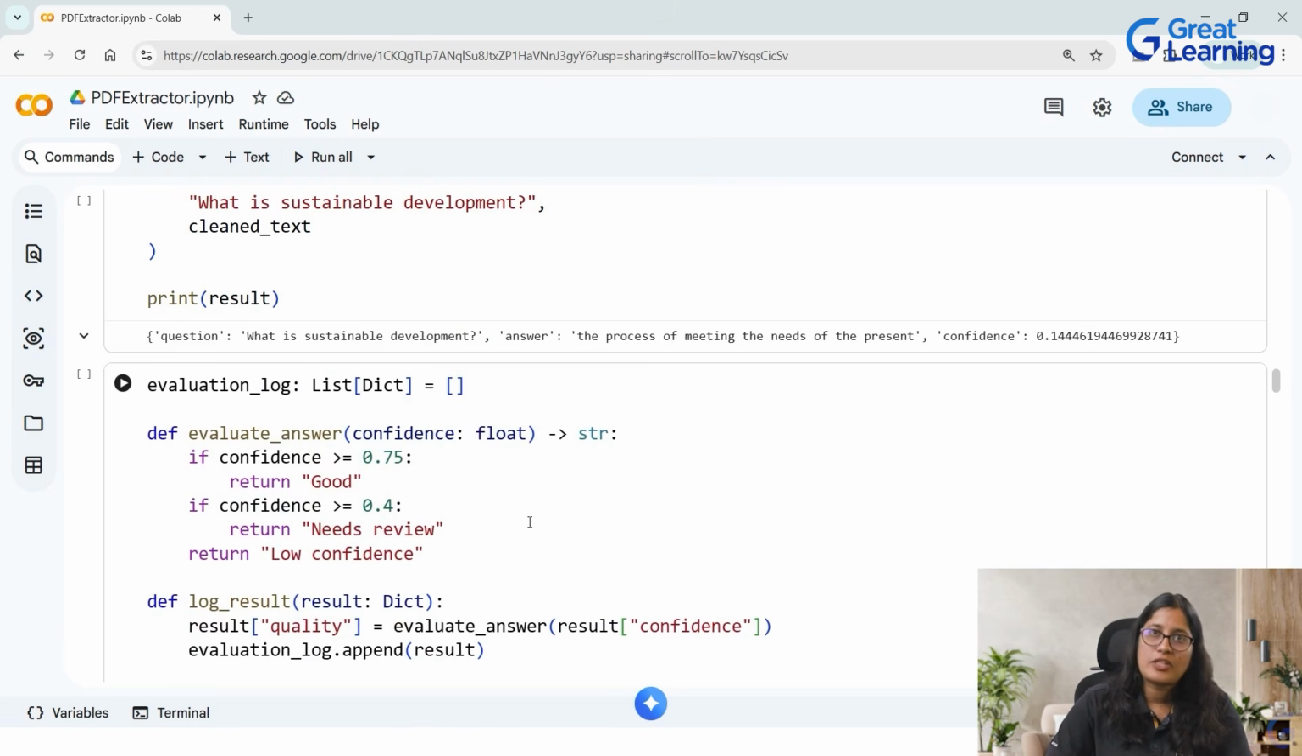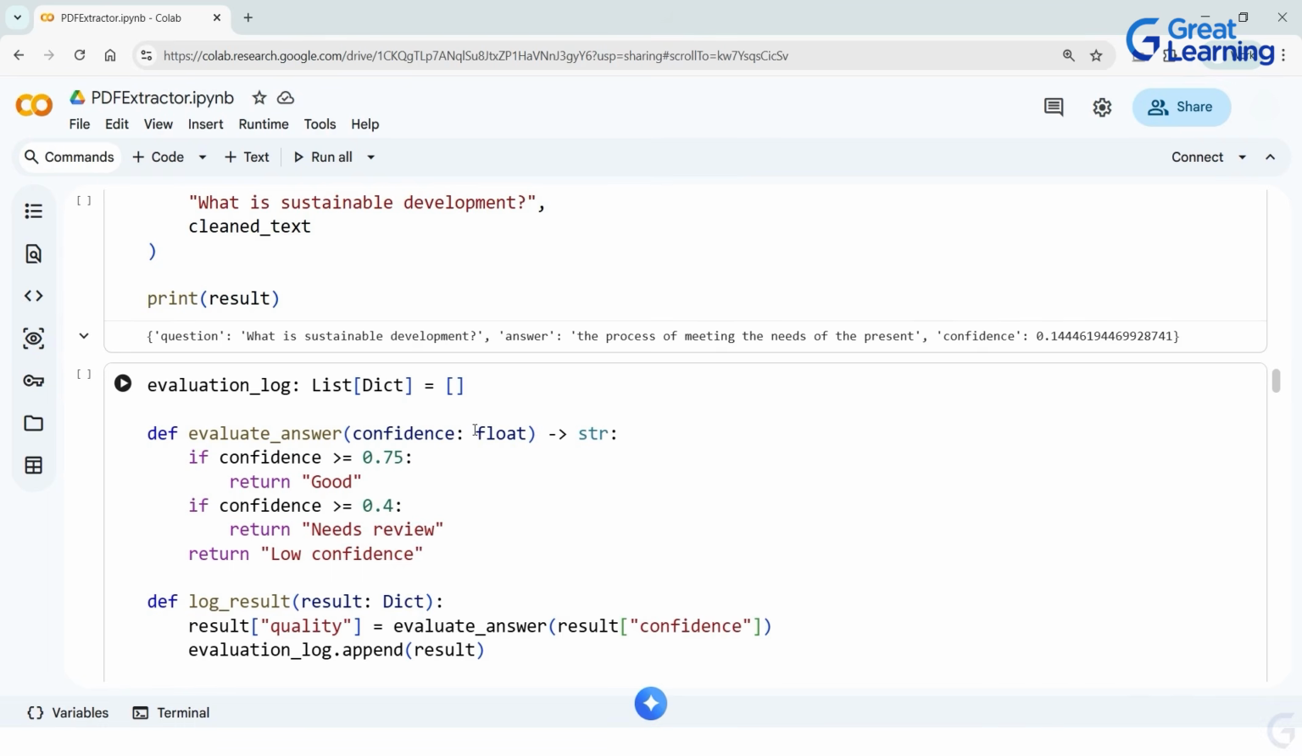Now comes the evaluation and logging part of the code. We need to evaluate the confidence level of the answers and log the results. Here, the evaluate answer function checks the confidence score and classifies the answer quality. Here, you can see confidence float. This parameter represents the confidence score of the answer generated by the model. The confidence score typically ranges from 0 to 1. 0 means low confidence and 1 means high confidence, indicating how certain the model is about the correctness of its